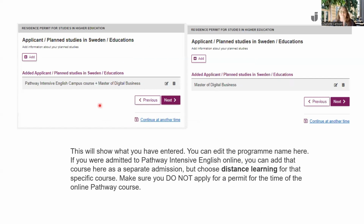For instance, this way, Pathway Intensive English Campus course plus Master of Digital Business. But if you're not admitted to a pathway course, it's just the program as it's stated on your letter of acceptance. And here it shows you what you have entered. You can edit the program name here. Then you can add